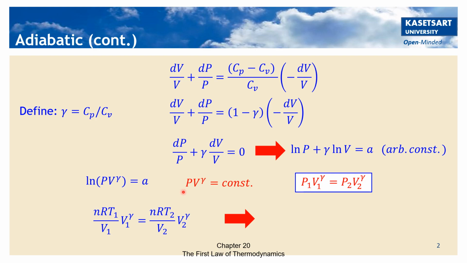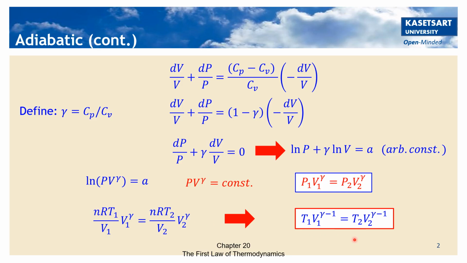and you substitute the ideal gas model for PV equal to nRT. Then you have P as nRT1 over V1 and nRT2 over V2 times V2 to the power gamma. From this equation, you can combine V1 to the power gamma divided by V1 and V2 to the power gamma divided by V2 as V1 to the power gamma minus 1 and V2 to the power gamma minus 1. And for this, nR is cancelled out. You have T1 and T2.